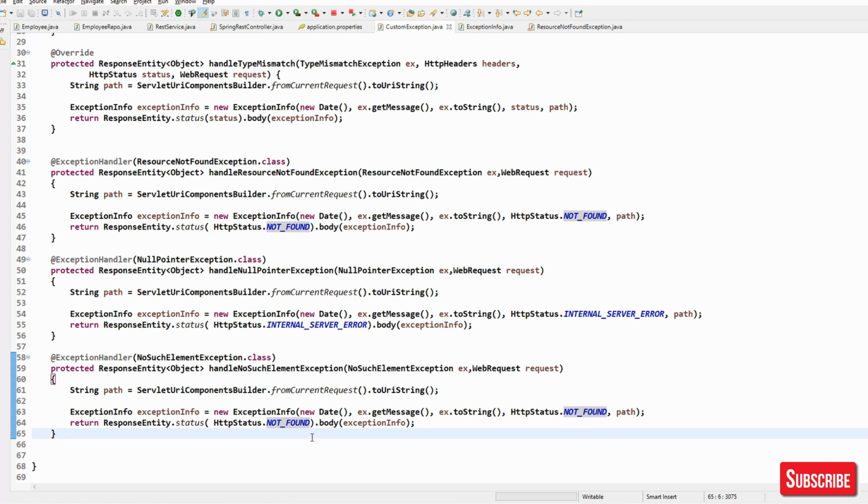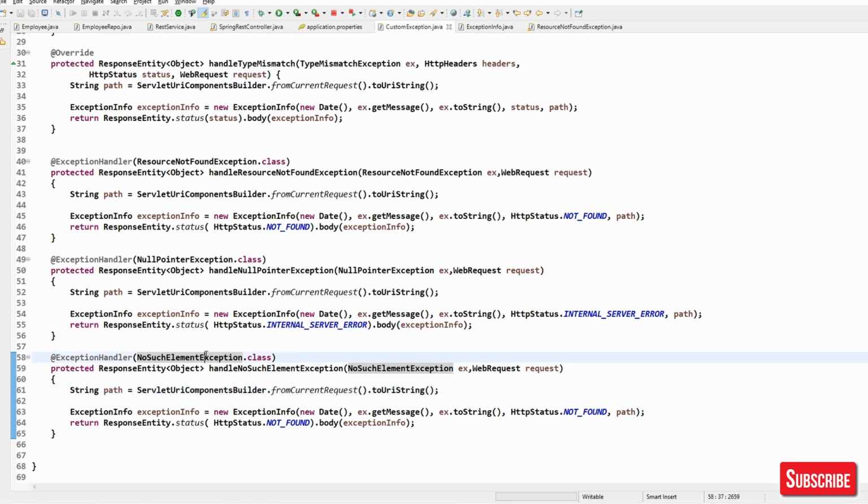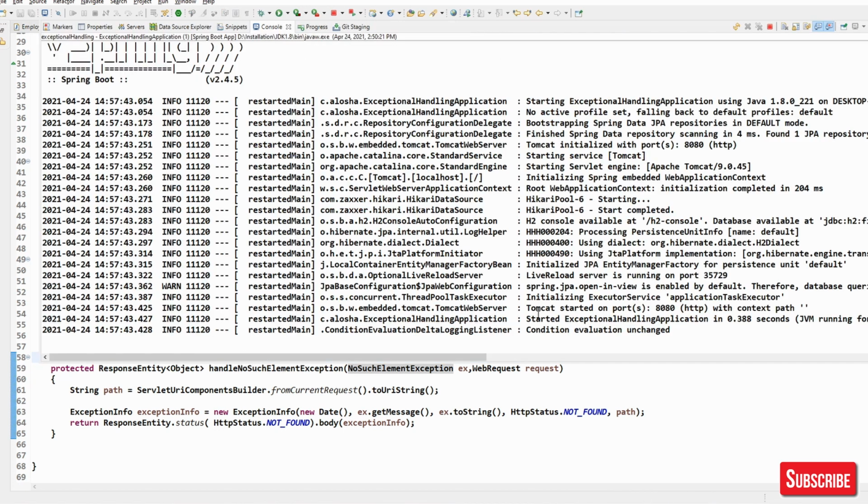Okay, so whenever NoSuchElementException is thrown, it is going to throw us this error. Our server automatically restarted, so that is good.